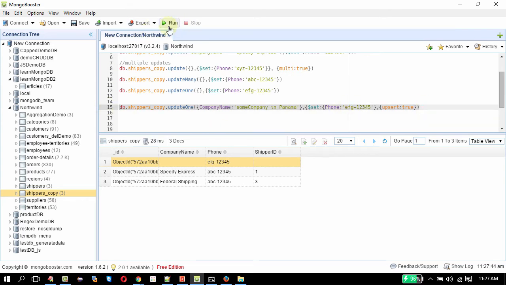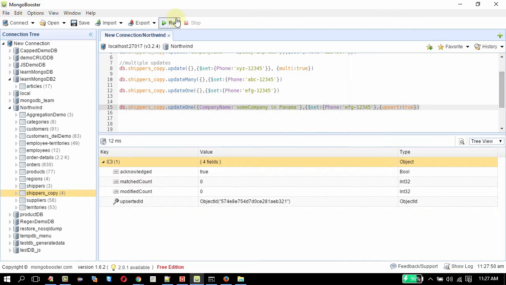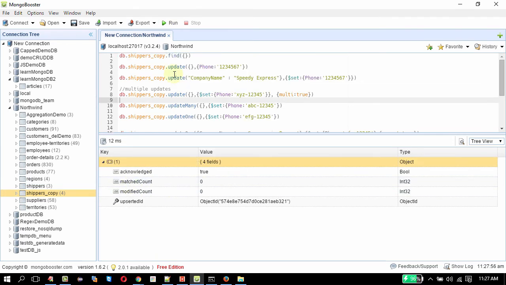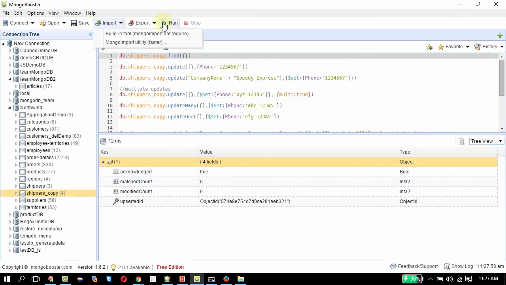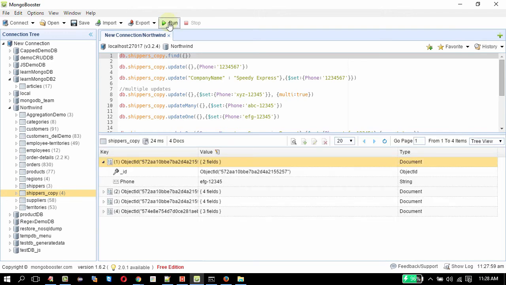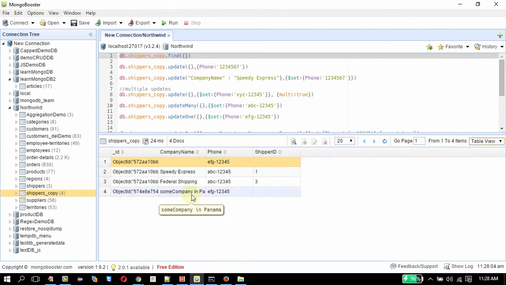This must create a new record because there is no matching company name for this query. On running this, we got no modified count. Let me do a find and we must see a new record, the fourth record. On table view,